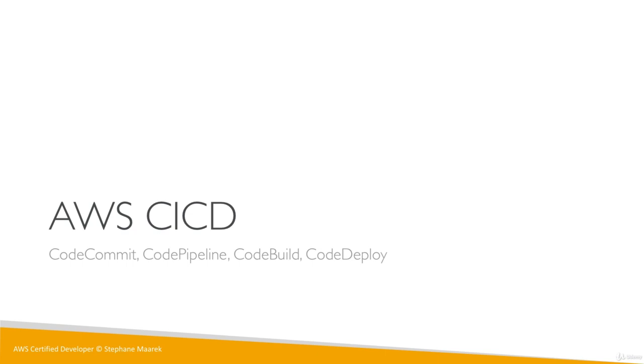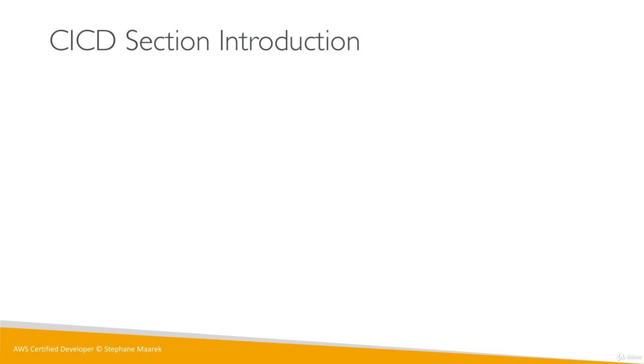So this is one of my favorite sections. As a developer on AWS, it is so important for you to know about CI/CD. And I love CI/CD. It really allows me to be a better developer, and I'll tell you what it is about in a second. But setting up is always painful, and I'm so glad that there's managed tools on AWS to do it. So first of all, what is CI/CD?